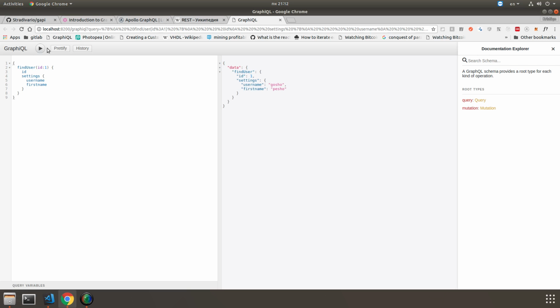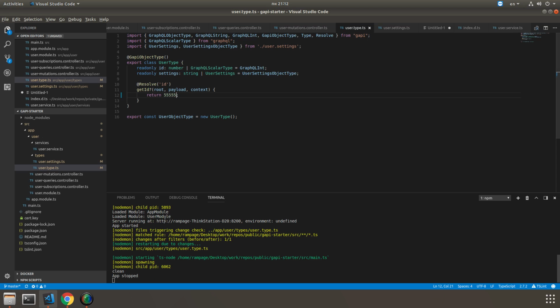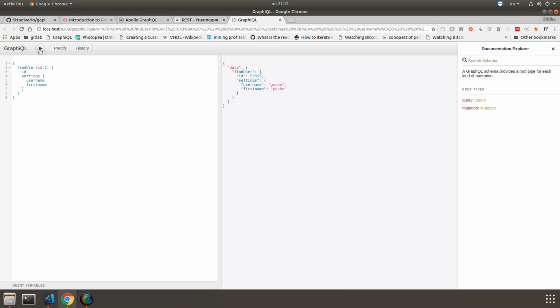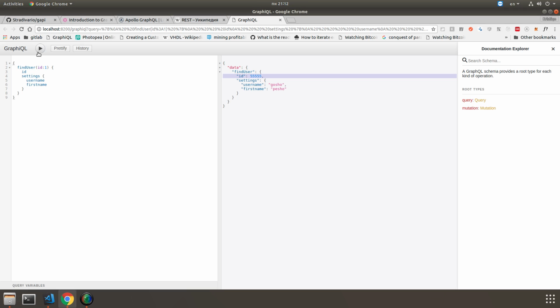So yeah, again 1, the query is 1. So for example, I decided to change it to 5. You don't need to change the user ID to 5 to return the value, but I will show you how to interact with this kind of GraphQL API. So for example, I will change it to 555555, and I will save the application, and then I will query again, and yeah, again it's ID 55555, just like I told you. No matter what you wrote, it will